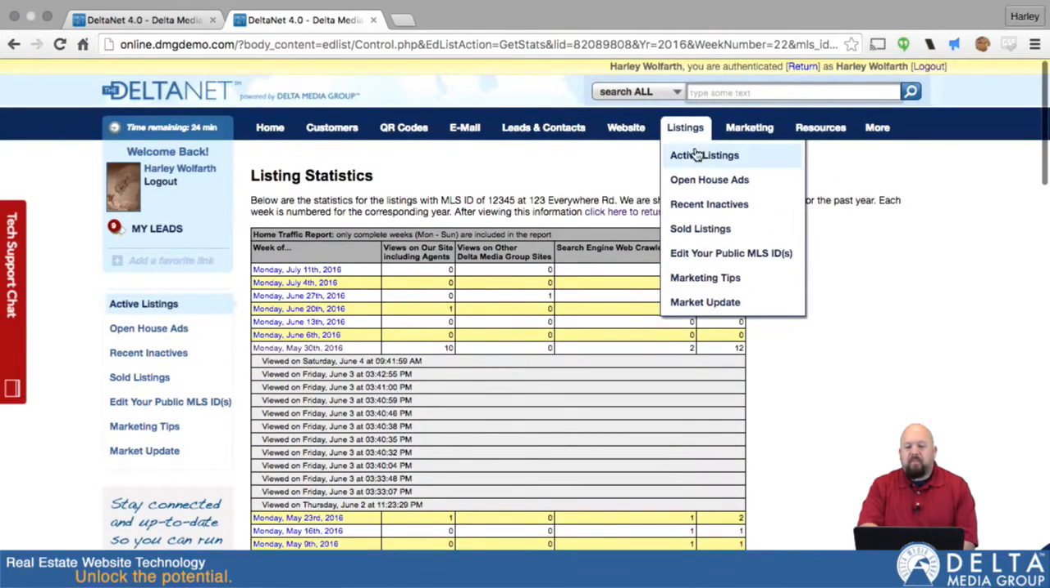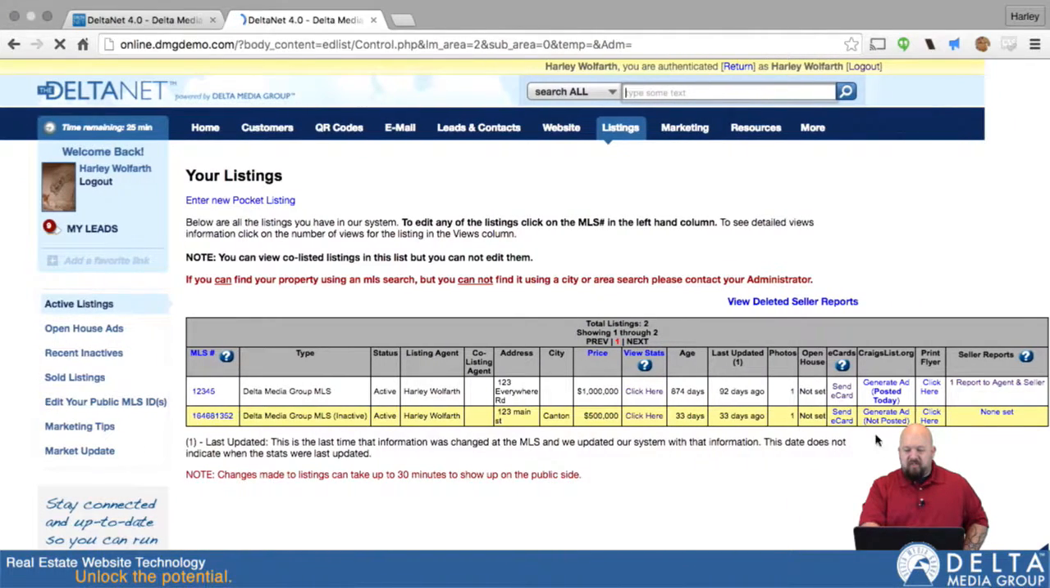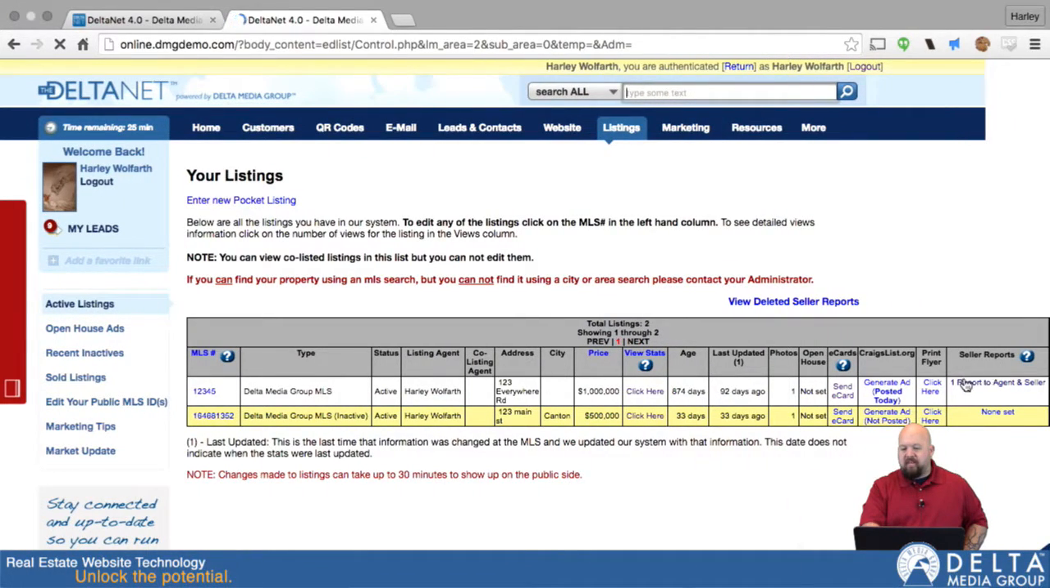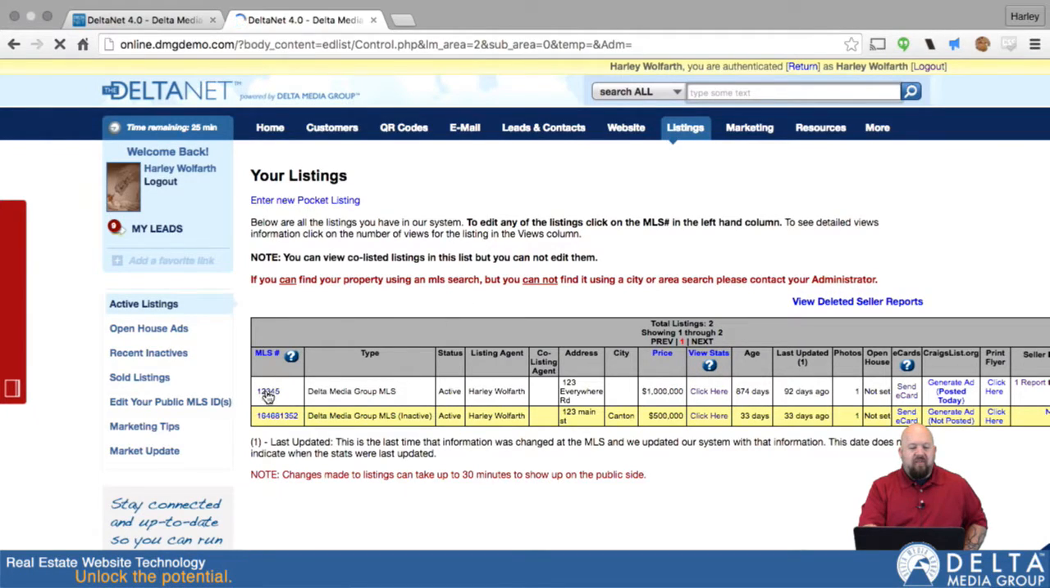All right, so back to our active listings page. Now, one thing I skipped to start off on this page, and you can also see here now that I set up the report, it says one report to agent and seller. So if you want to just quickly see if there's a report set up for a listing, you can see that here. But now, if we go over here and click on the MLS number of the listing, this shows